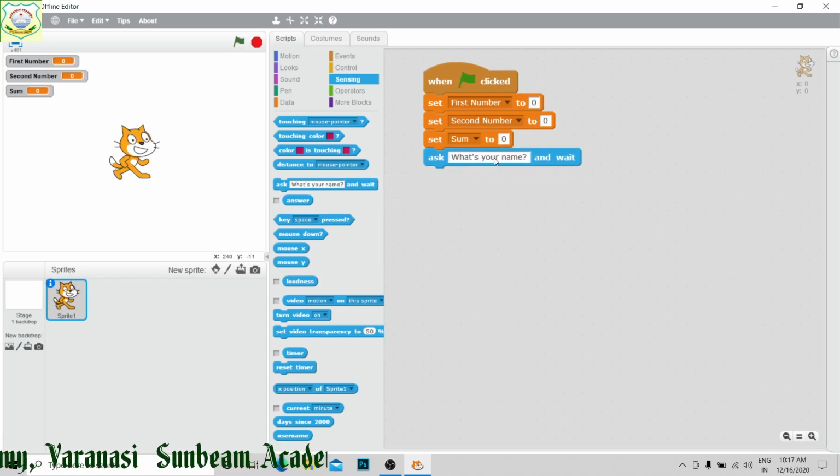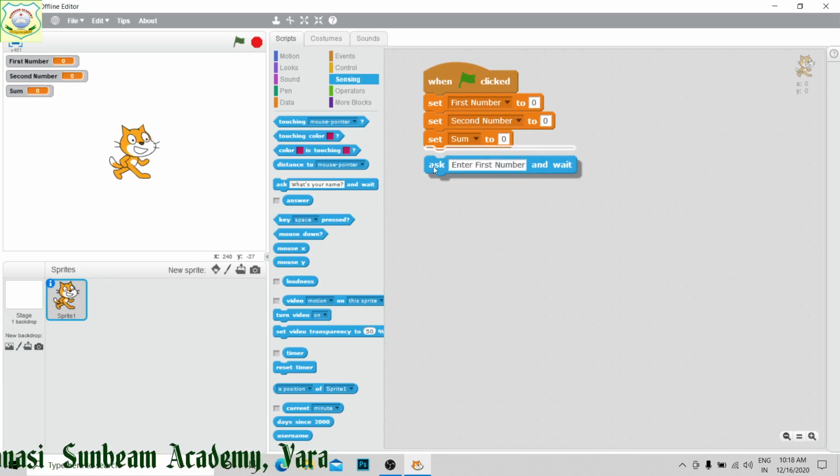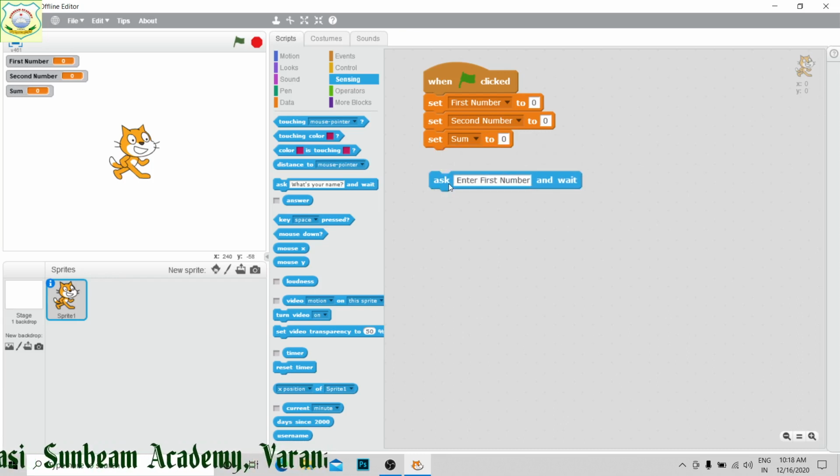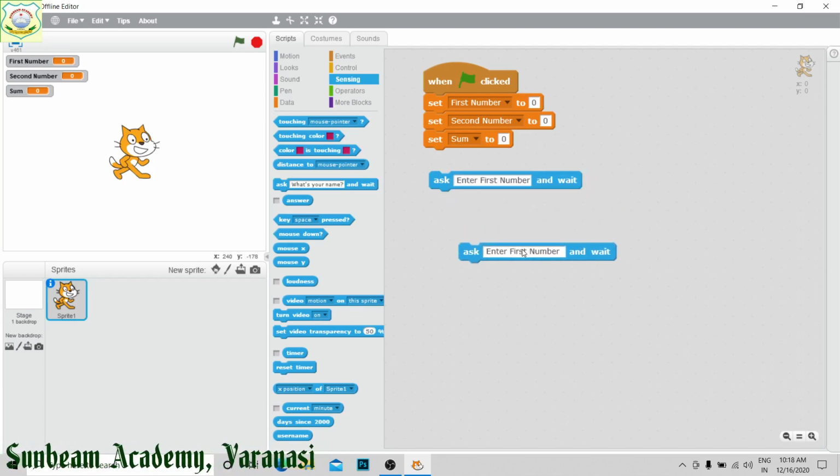Ask, enter first number and wait, right? Now similarly second number also it will ask to enter. I have written enter second number.